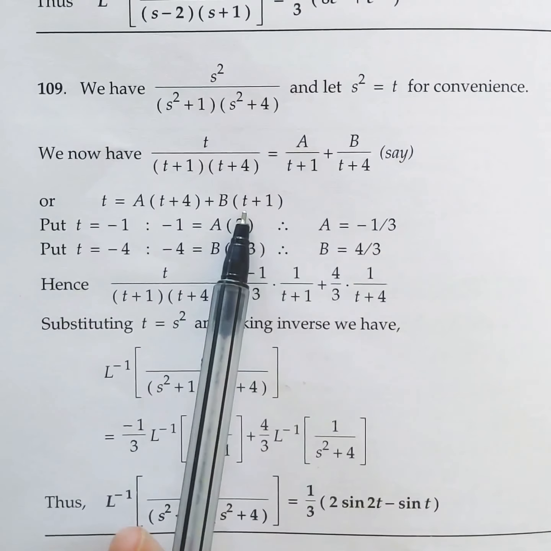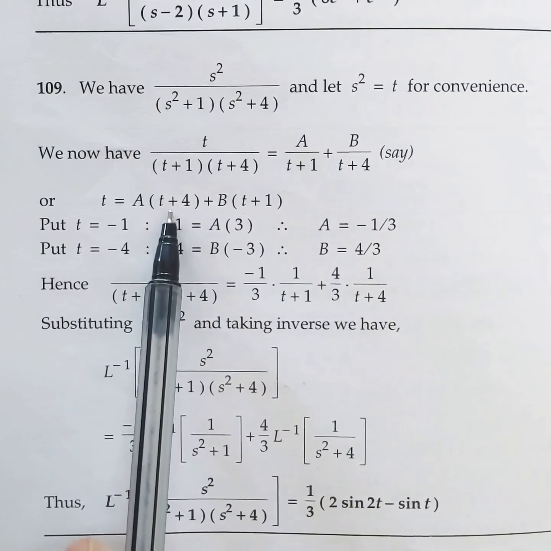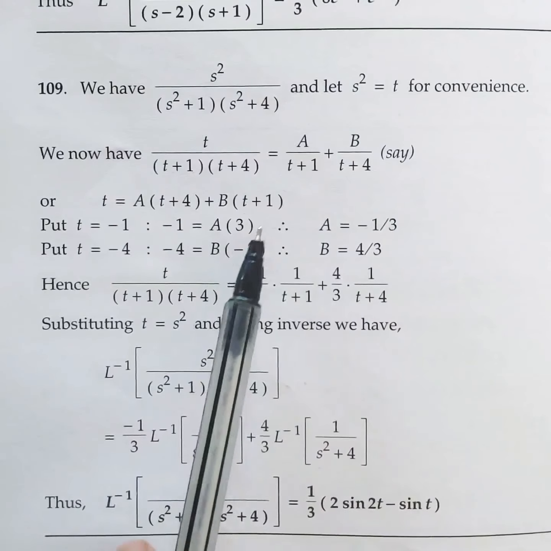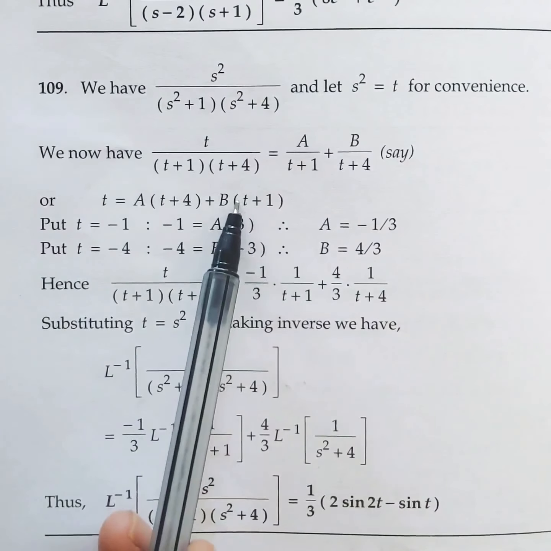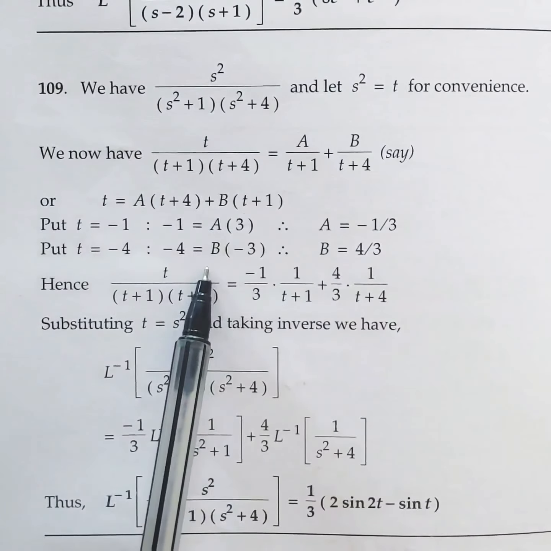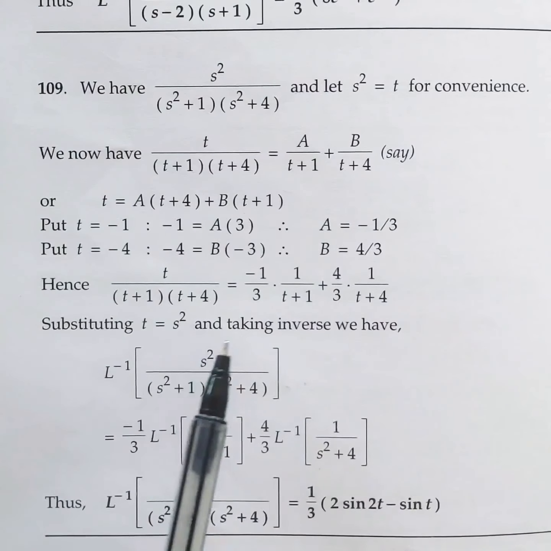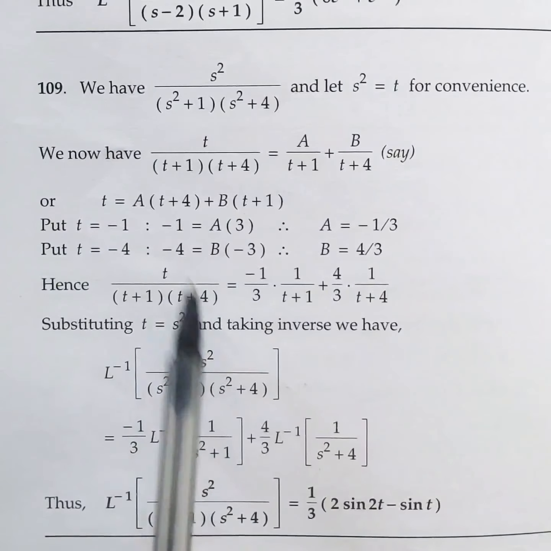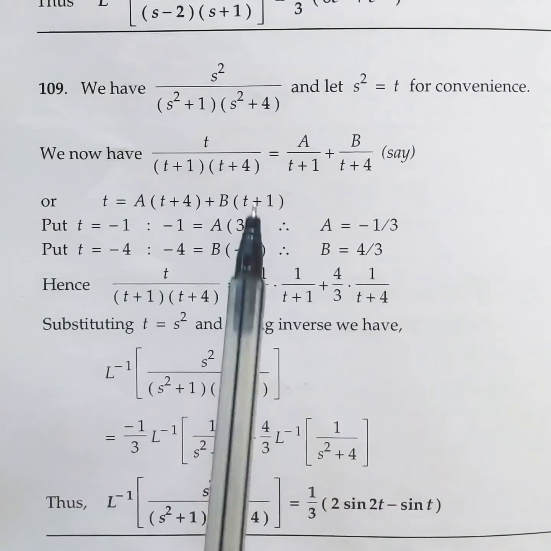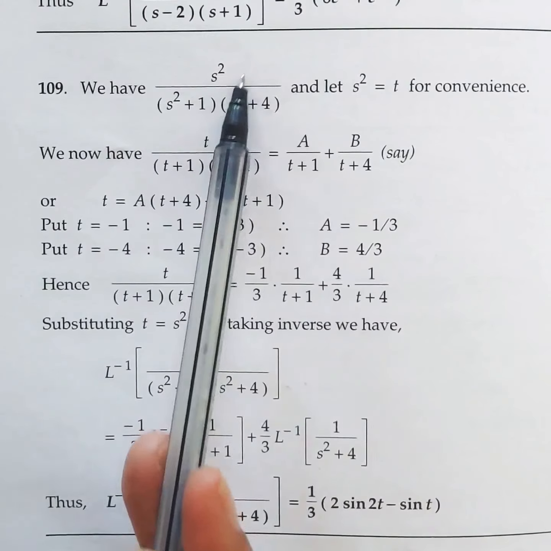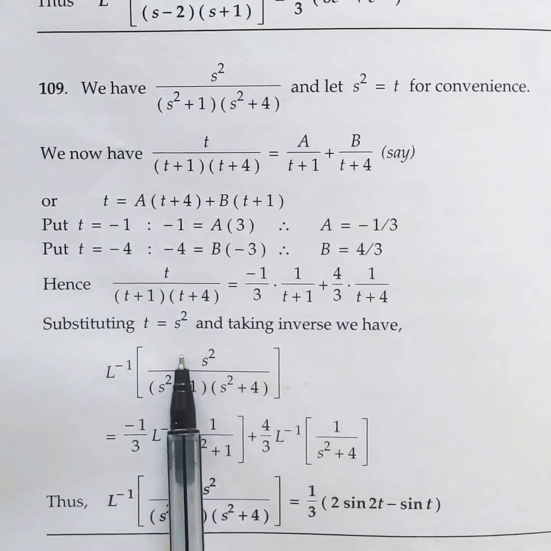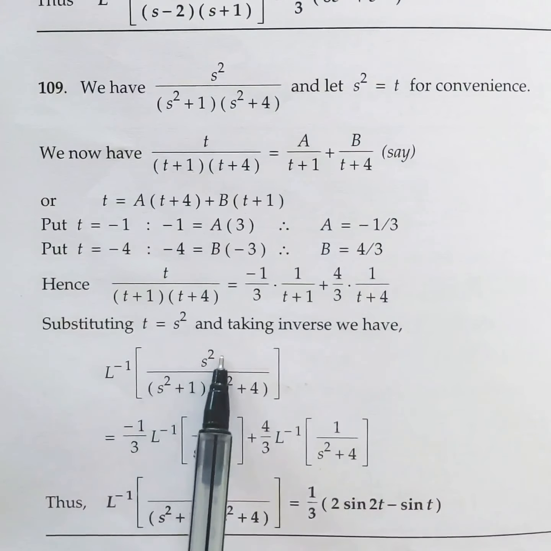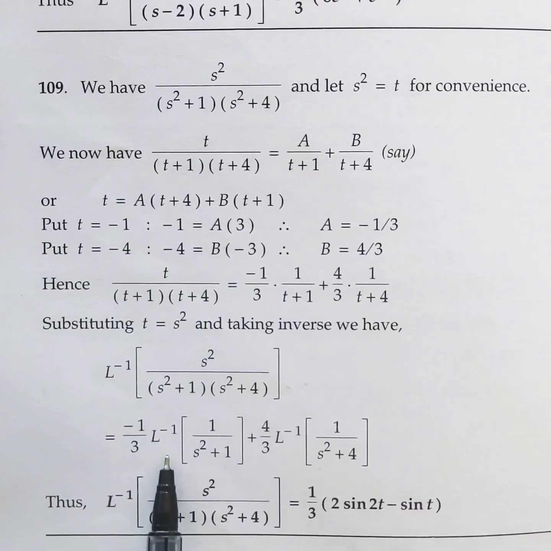Again taking LCM, okay. And if I substitute t as minus 4, a will vanish, I will get b. If I substitute t as minus 1, b will vanish, I will get a. Same thing they have written, okay. I'm just leaving the taking LCM and the simplification part. I'm just giving you an idea. So sometimes if everything is in terms of s square, you can replace s square by t and make it a simple problem. Once you resolve it into partial fractions, then you can write it back in terms of